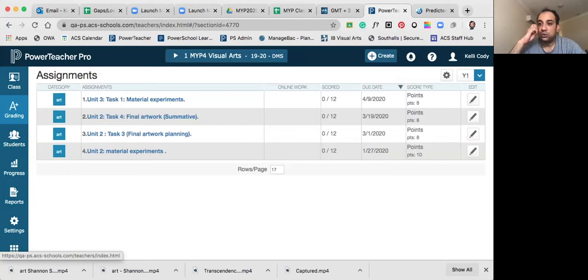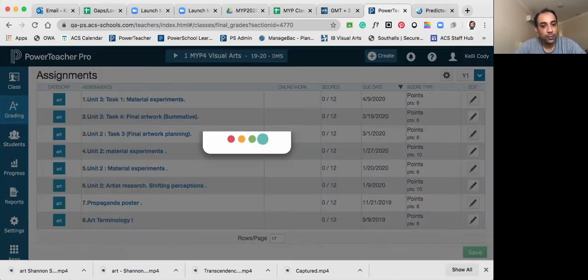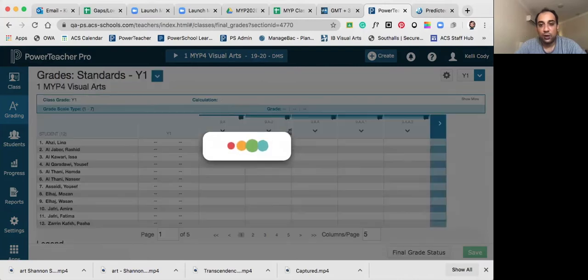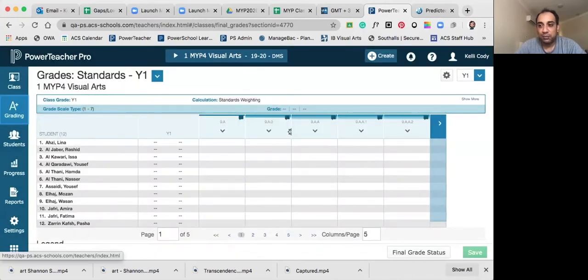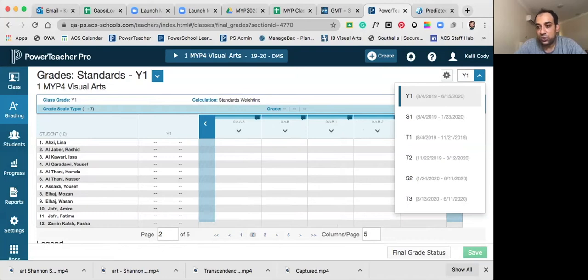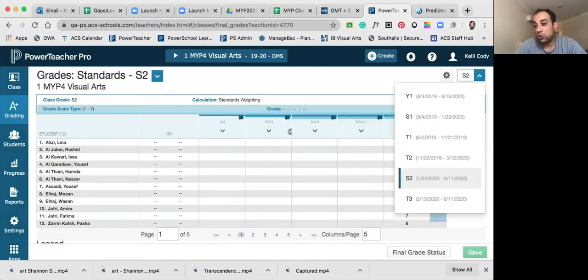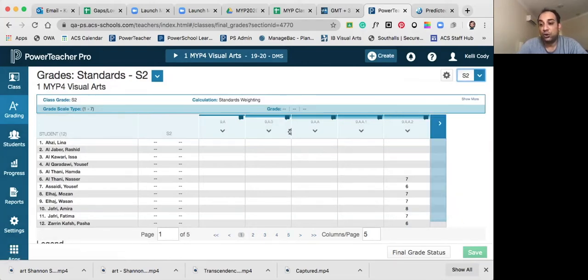So in order to do that, I'm working with Miss Kelly now. She is in a grade 9 class. Miss Kelly, if you go to standards sheet on your gradebook, yes, this is the one. And here on the standard sheet, by default, when you click on that, it brings you to either S2 term. Miss Kelly, can you click on S2 term? S2. So by default, it brings you to S2, or if you've used T3 in the past, it may bring you to T3, but not to Y1.